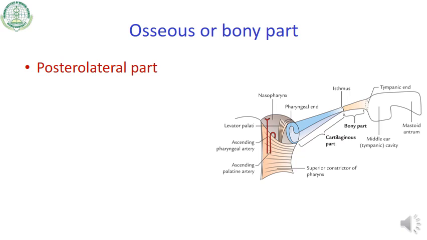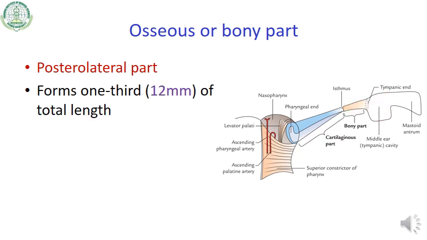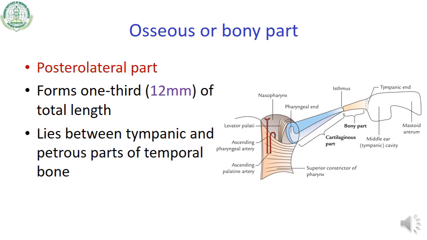It is half an inch long and lies in the petrous temporal bone near the tympanic plate. The osseous or the bony part lies posterolaterally. So you can see this is lying posterolaterally, means towards the tympanic cavity or the tympanum. It is measuring around 1/3, that is out of 36 millimeter, 12 millimeter is bony part,